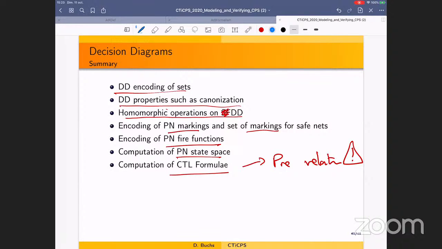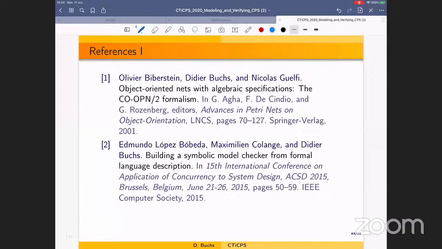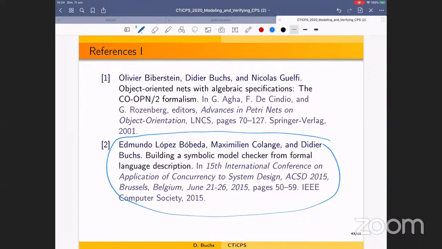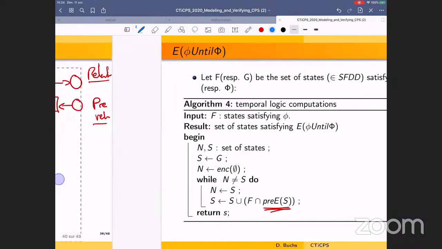So when you speak of this, are you speaking of that diagram? I mean, the decision diagram representation of the high-level Petri nets? Yes. Okay. So maybe I put some slide on this. Here, there is a paper where we generalize the notion of decision diagram for representing terms. Okay. So with terms, we are able to encode high-level Petri nets.